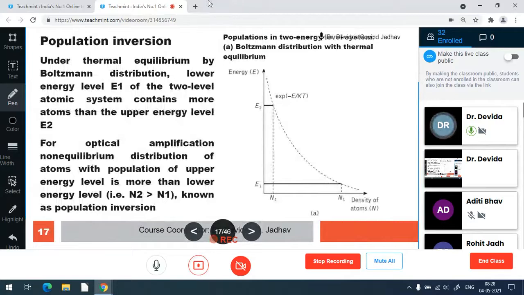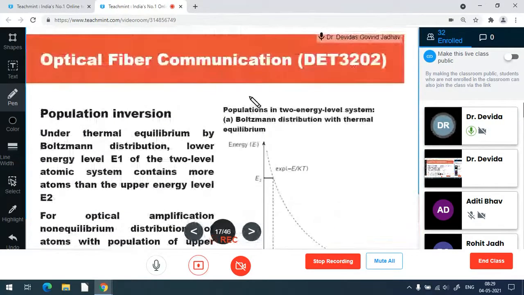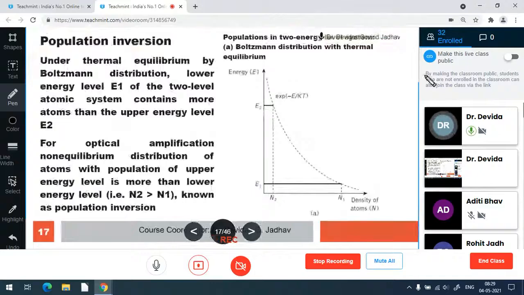So for laser action, all these till now is spontaneous emission. For stimulated emission, there must be laser action. There must be population inversion. What is population inversion? The population of the density of the atoms, or the population of